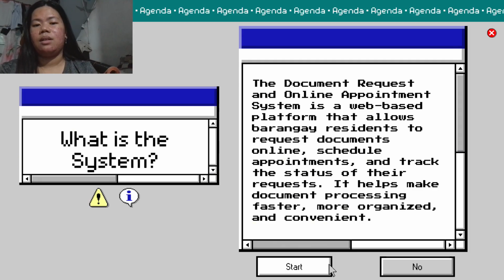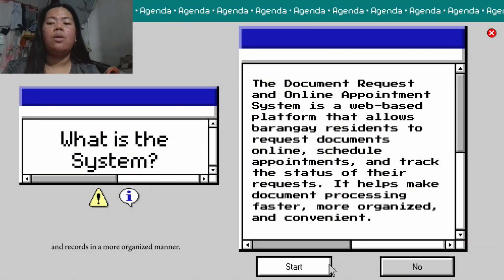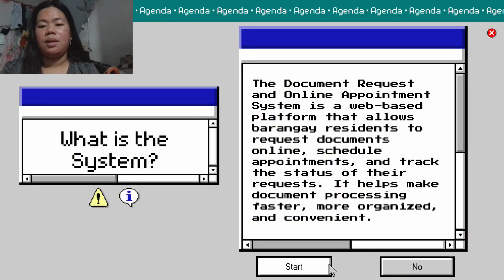staff. For the barangay staff, the system serves as a tool for managing requests, appointments, and records in a more organized manner by keeping all information in one database. Transactions can be processed more accurately and efficiently. Overall, the system aims to improve the quality of barangay services by making document processing faster, more accessible, and better